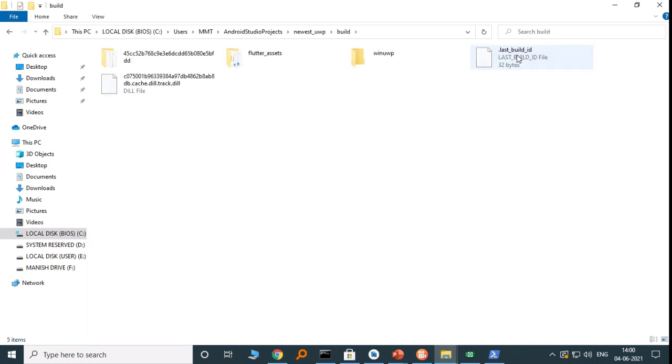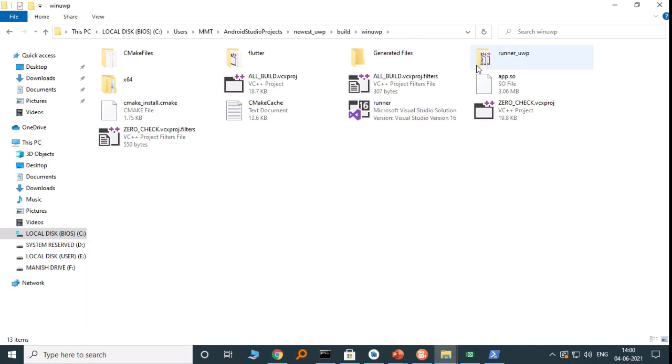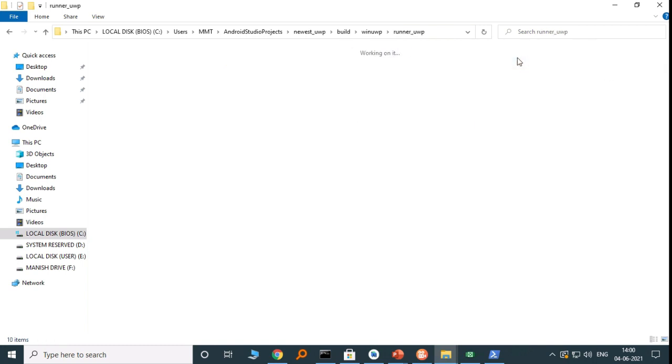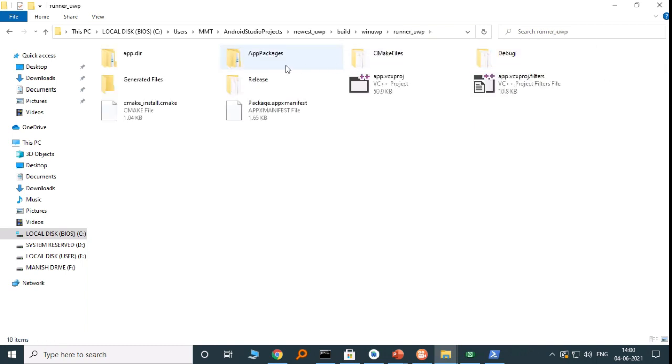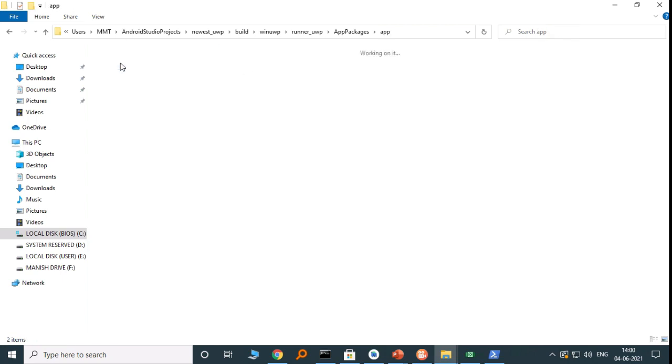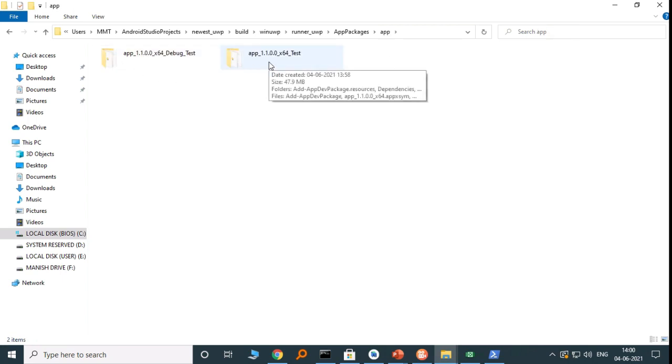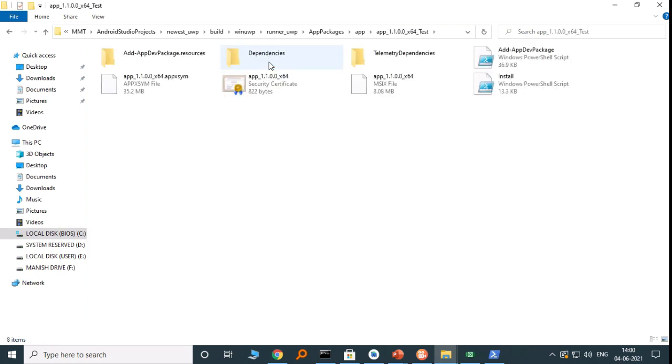I need to go inside the build folder, then the WinUWP folder, then the runner_UWP folder, then app packages, then app, and then app_1.1.0.0. This 1.1.0.0 is nothing but the app package version number, and here is the MSIX bundle. It is the release package that we can see.